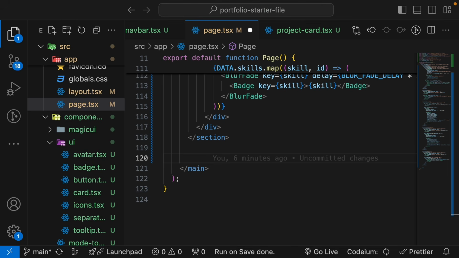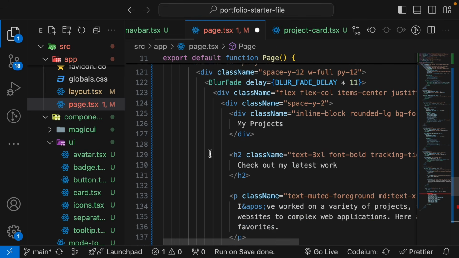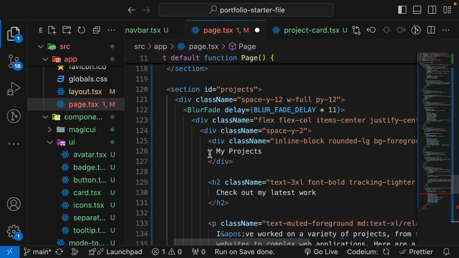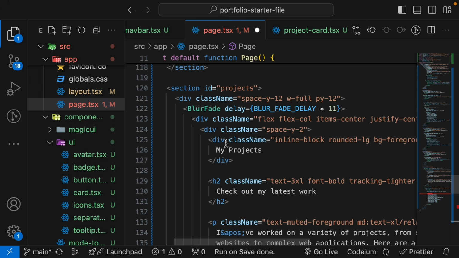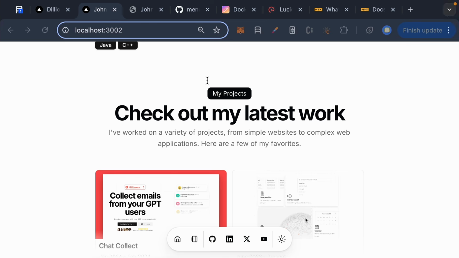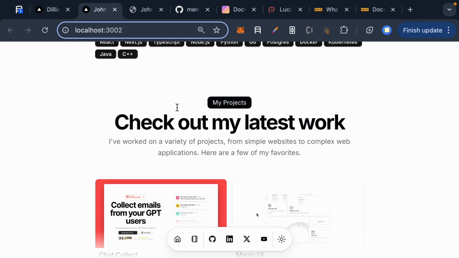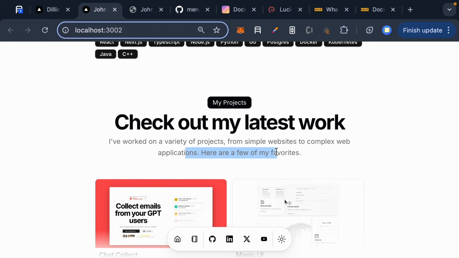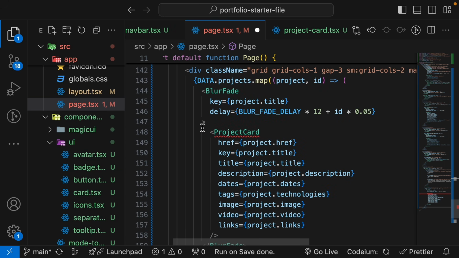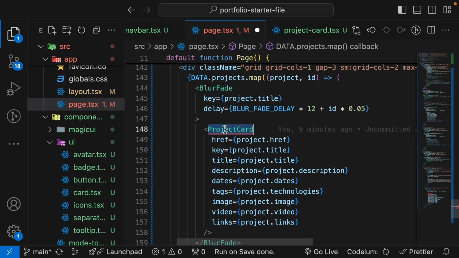So I'll copy the project section and paste it over here. So we have the project, my project, check my latest work, which is just this one here, and we have the descriptions. Those are the ones contained in the first div, and the second div contains the project card. So we have to call the project card,